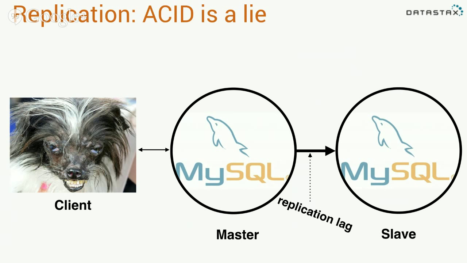And one of the things that you have here that most people won't tell you about is replication lag. So whenever you start doing a query over to the slave, you may be about 2, 3, 5, 30 seconds behind. So your view of this database is always going to be very inconsistent. You're going to do a write over here, and then you do a read over here, and you're going to get the old data back.